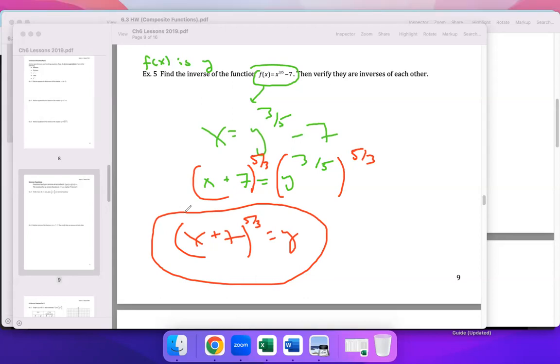So, anyway, then it says verify that they are inverses. If you did f of g of x, the verifying part we'll do really quickly and then we're done for today. So f of,